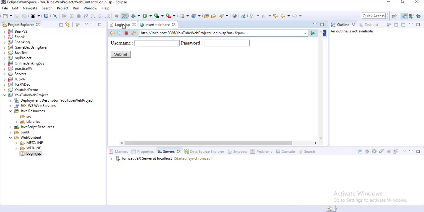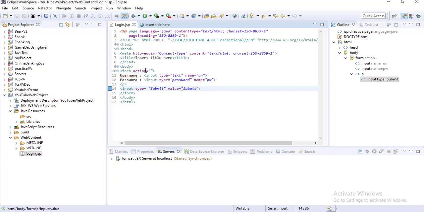Because in the action page there is nothing mentioned. In the action attribute you can mention some servlet or other JSPs as well. Suppose this is my login page, and here I am giving the login servlet as the action. Okay, and if I save,